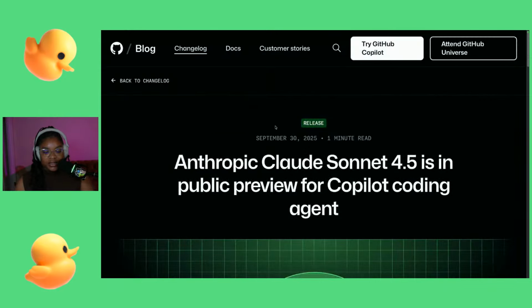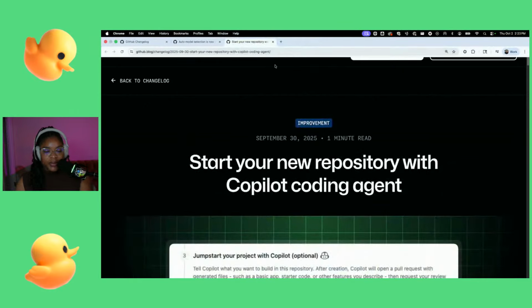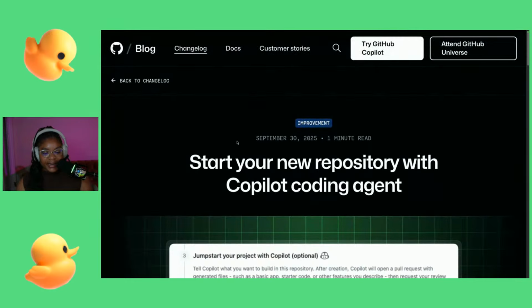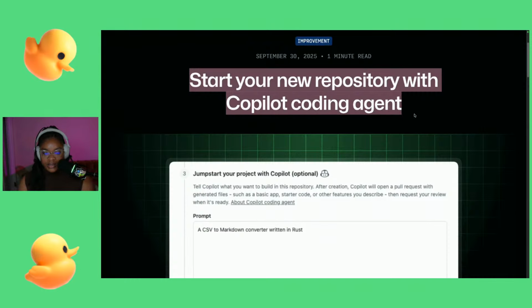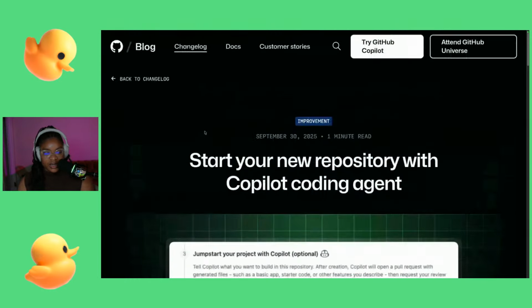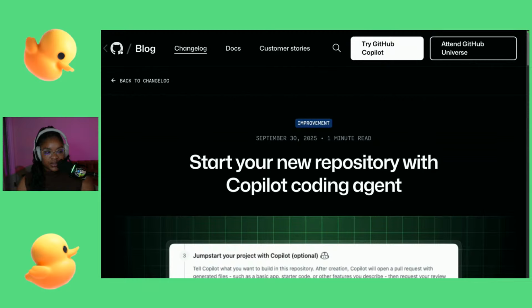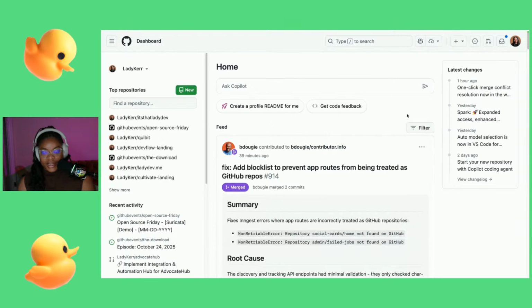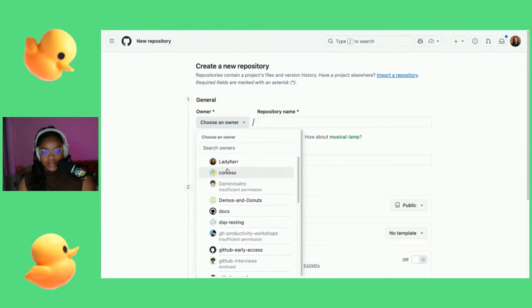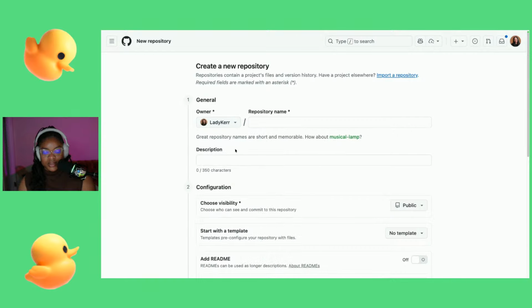All right, so let's see what we can do. Let's start by looking at this new repository with Copilot coding agent thing. So I'm going to go to GitHub. And let's see. If I create a new repository, choose myself as the owner.